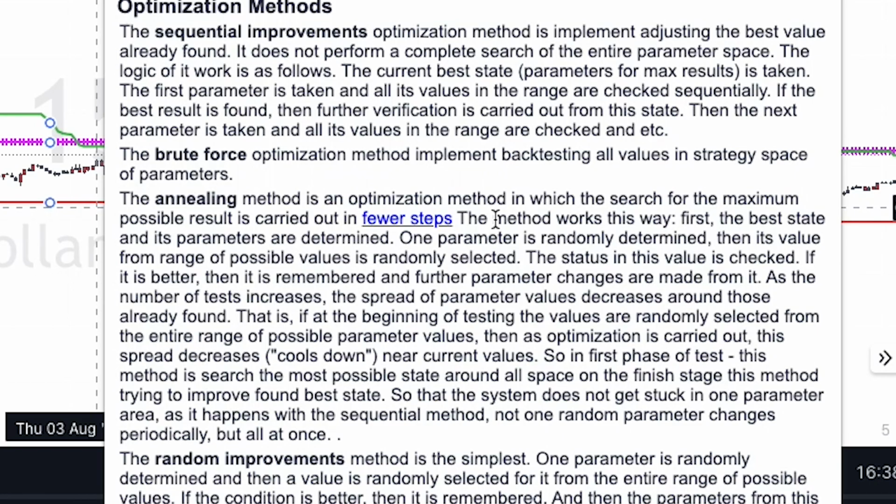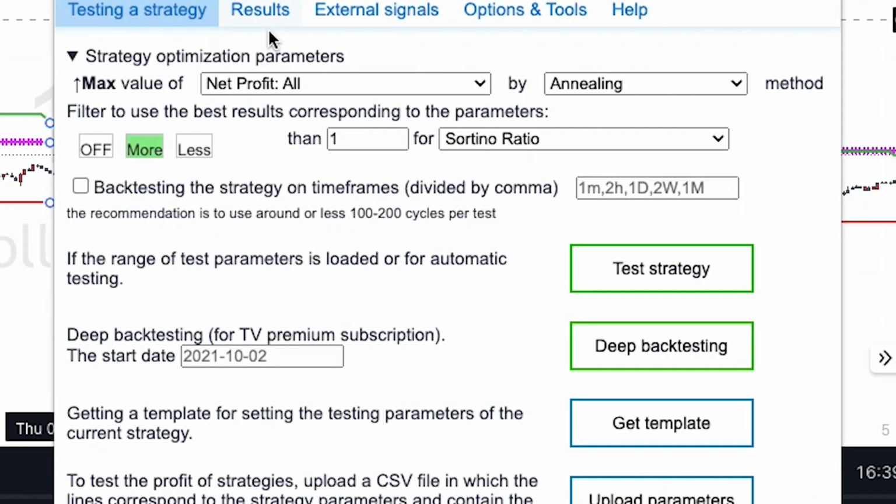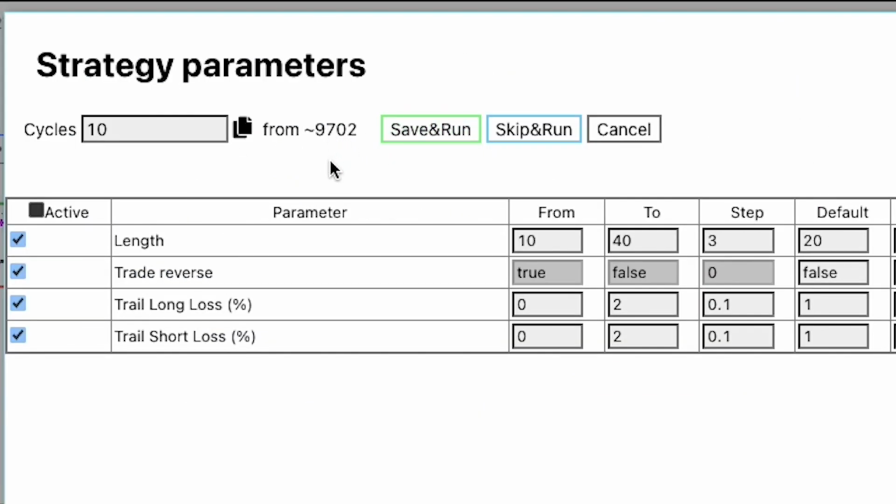And so annealing is actually a little bit better than the completely random method, because if you see here, let's say we're going to test it, it'll say 9,700. That's not too bad. Something with only 1, 2, 3, 4 different variables might take a day, but all things considered, 1 day invested into having a killer trading strategy, if all things work, is not bad at all. Now, I've had this number in the billions,